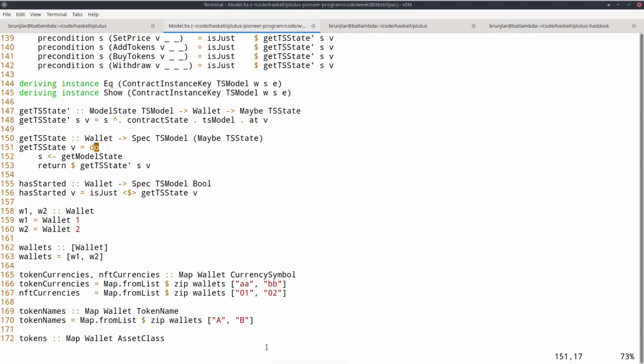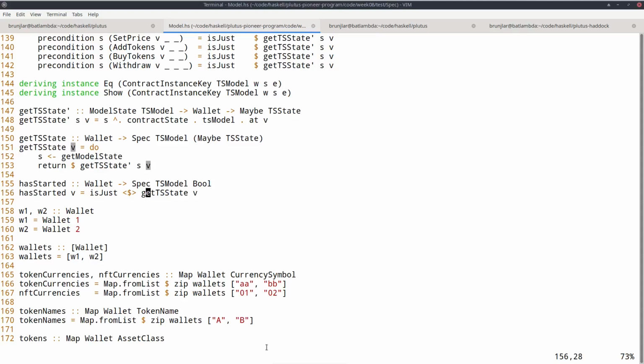And in order to do that, I use a feature of the spec monad. It has a function called getModelState, which, as the name suggests, gives me the model state. So in the spec monad, I can look up the current state of the model. I call it S, and then I apply the function that I defined just now to get this TS state, or the maybe TS state.